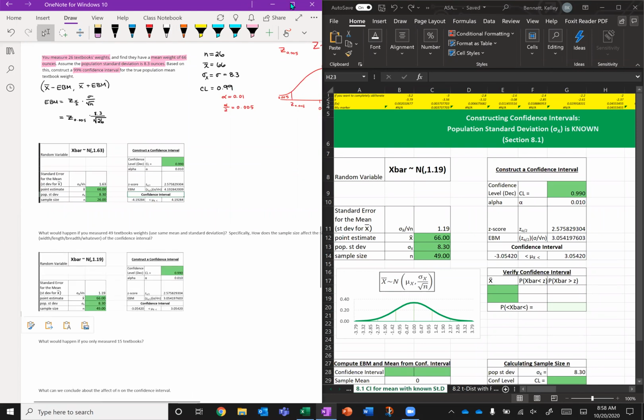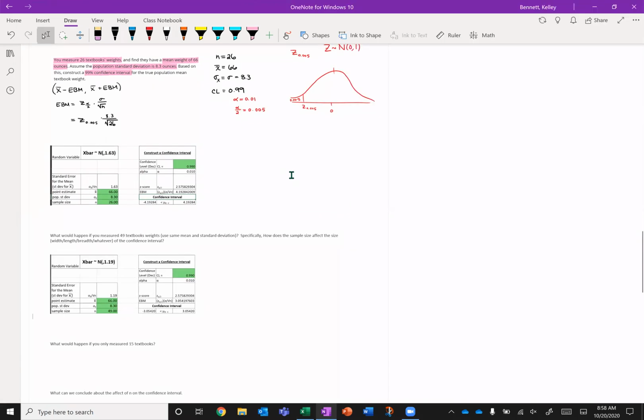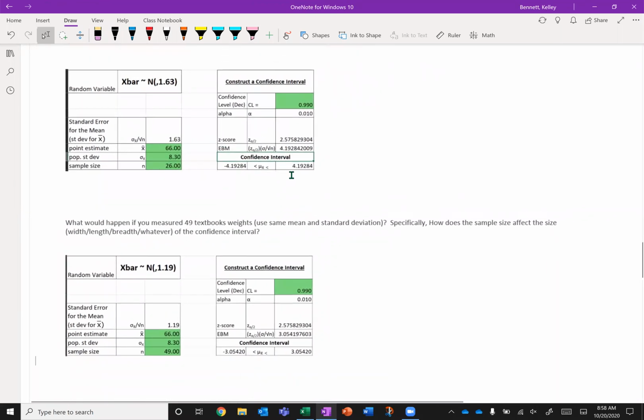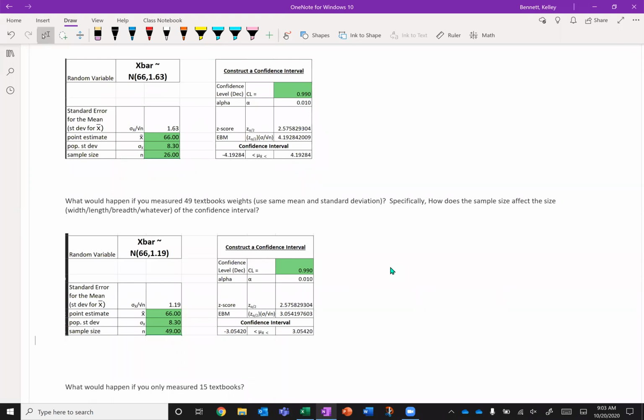So if we look at this really quickly, let's compare the two. The first thing that jumps out at me is the fact that, so what it actually shows you is that, first of all, the error bound is changing, right? Because it depends on the standard error. So in the first case, our standard error, which, by the way, you could kind of just pick up here,